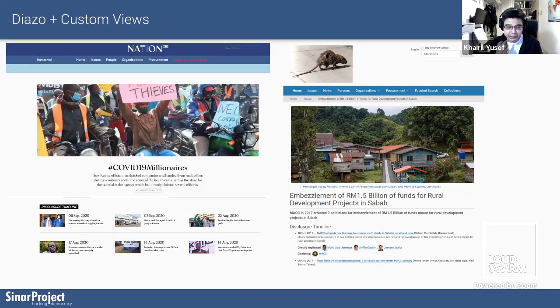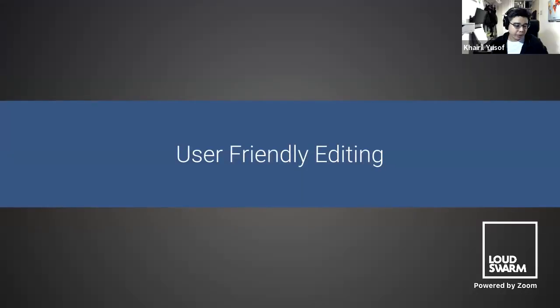So in this case, these two examples are very different projects and use cases in terms of the front end. But just by using a Diazo theme and some custom views, I'm able to quickly change how it looks for Kenya and for Malaysia, with little code, and being able to reuse a huge portion of the platform time and again. The other one I mentioned before was that surprisingly, it takes a lot of effort to make a